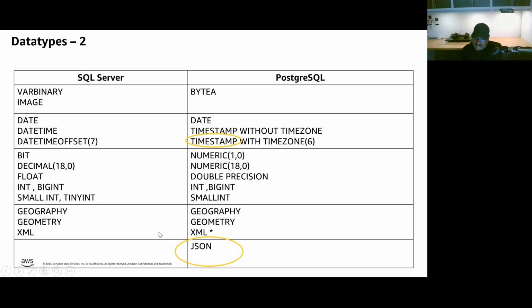But the XML in SQL Server has more features than Postgres because SQL Server has pretty good support on XML. But in Postgres, instead, Postgres has better support on JSON than XML. So that is one difference that you need to be aware of, because when planning migrating from SQL Server to Postgres, pay attention to XML, and if you can, then try to convert the source code which is in XML by using JSON to get more and better features. Okay.